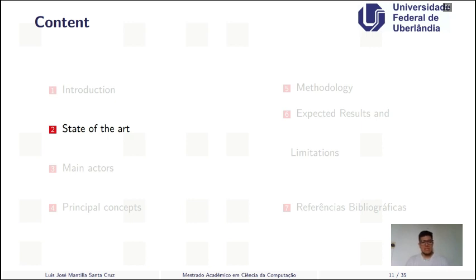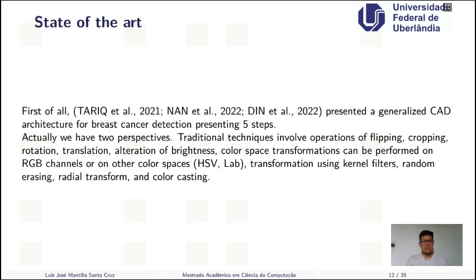But the state of the art. I mentioned the global objective is to get a CAD application, a CAD system, and some articles mention 5 steps that we need to develop for CAD systems. These articles, well, here we have 3 articles that